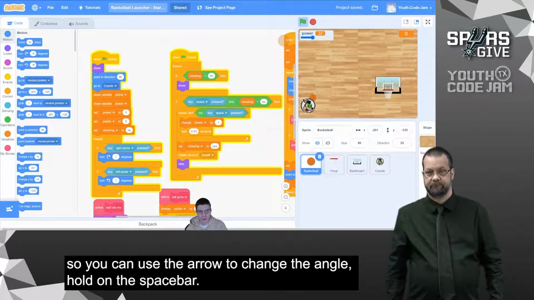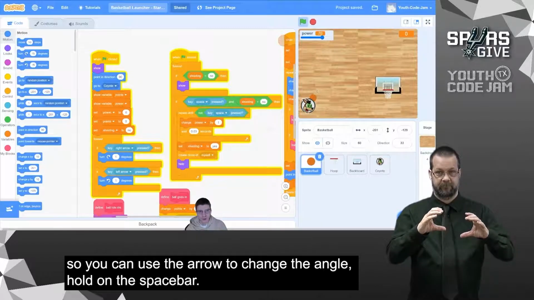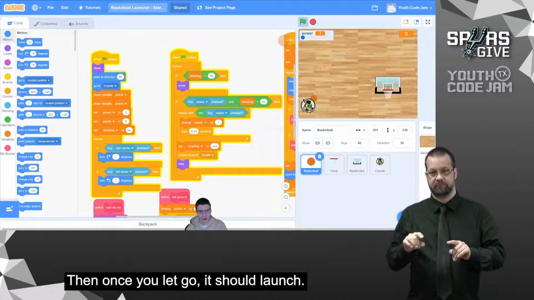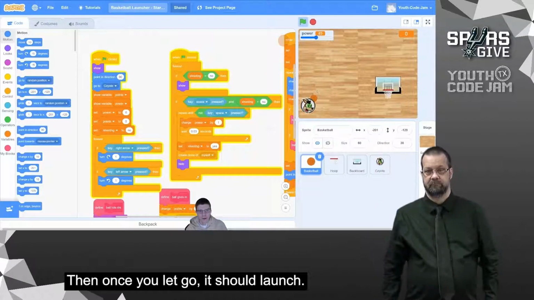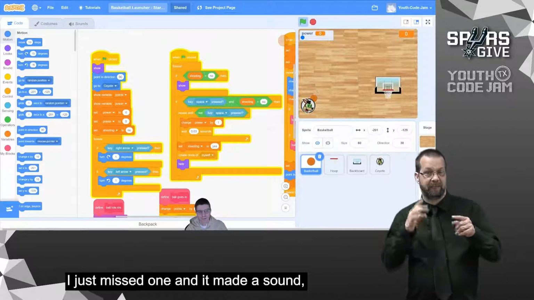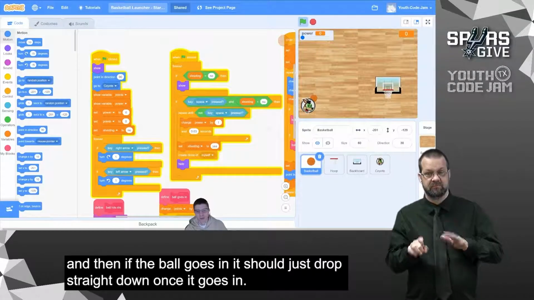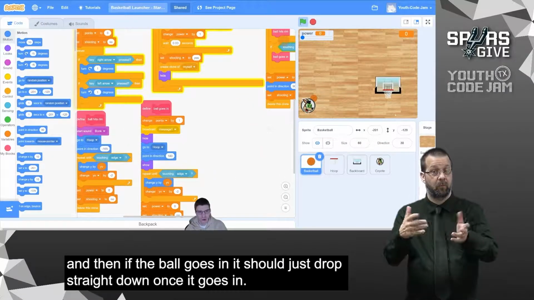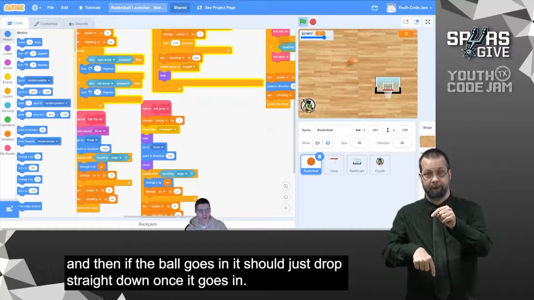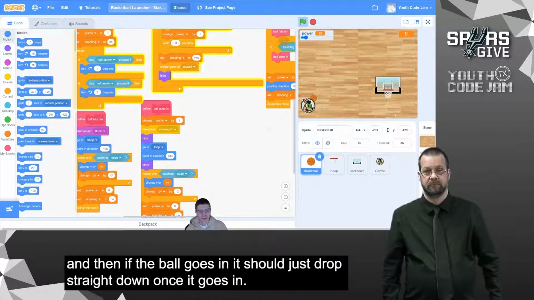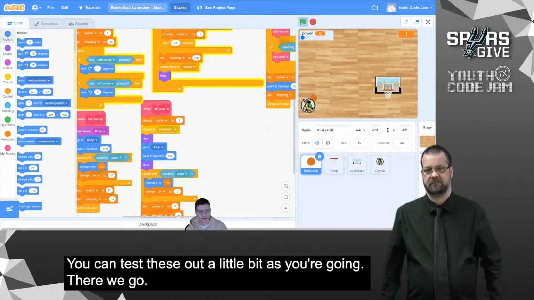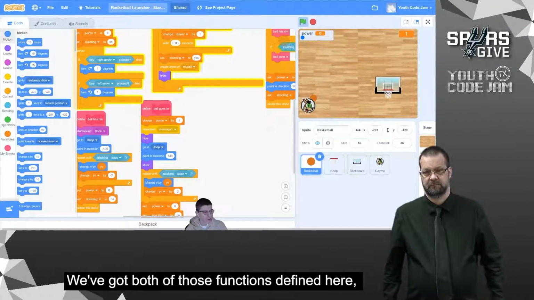There we go. So now we should be able to test a lot of this working out. You can use the arrow keys to change the angle, hold on spacebar, and then once you let go, it should launch. So I just missed one and it made a sound. And then if the ball goes in, it should just drop straight down once it goes in. So you can test these out a little bit as you're going. There we go. So we've got both of those